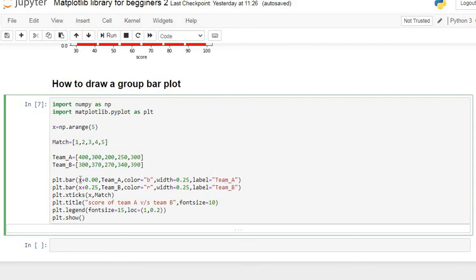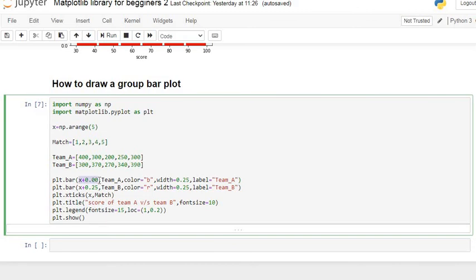So I specify here x, which is basically used for indexing the x-axis, indexing the bars, or specifying the position of the bars on the x-axis.